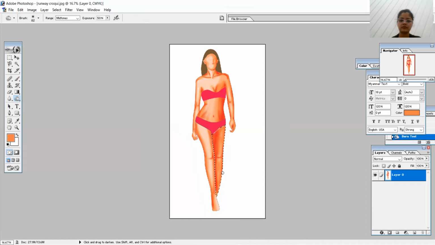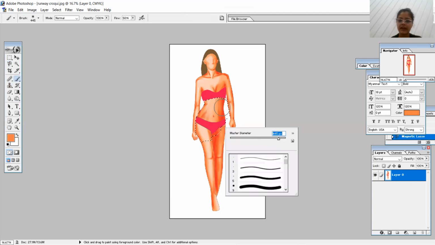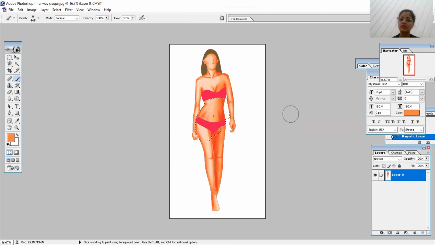All right. So now this is totally done. And if you want to manipulate the light and darkness, if you simply want to lower down the darkness, apply on that area, take the brush tool, increase the diameter and apply. That will lower it down. But for me, this is simply perfect.